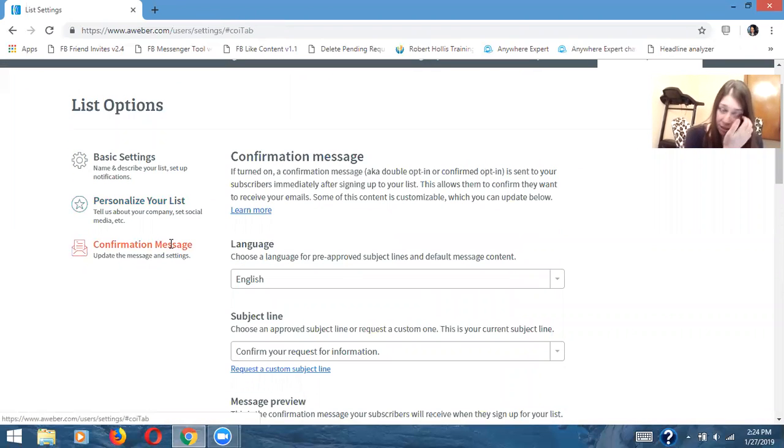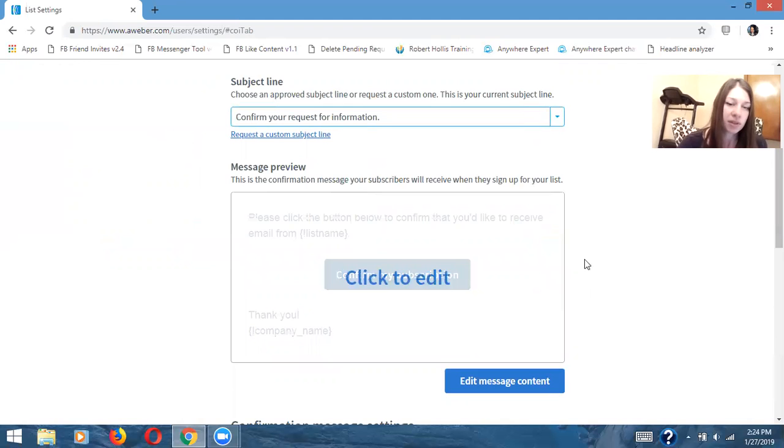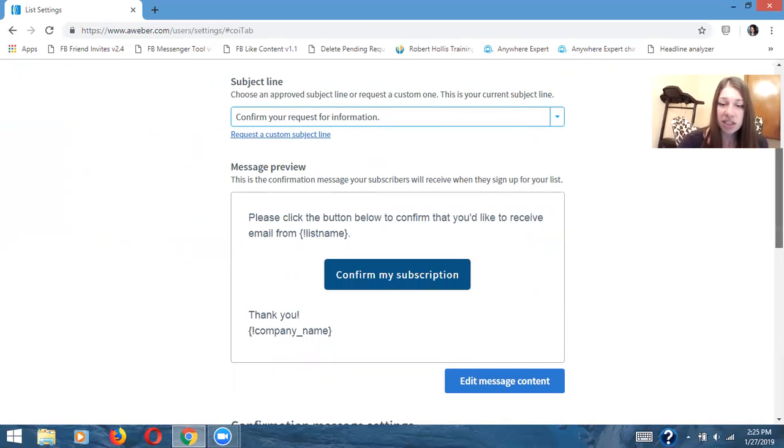Then you can go in here to your confirmation message. If you choose to leave yours open, again, here you can choose your language, confirm, you can change your subject line if you would like to change it. Request for information is a pretty good description of what we are doing though. If you want to change what was the message sent,